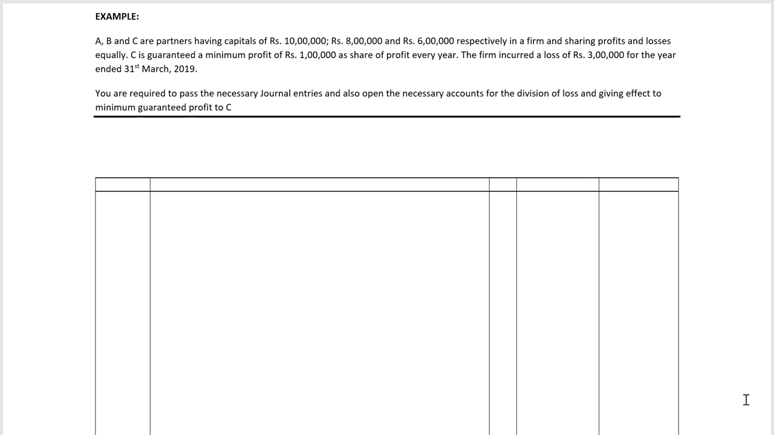So from this problem we understand that though C is guaranteed a minimum profit of rupees 1 lakh every year, in this particular year the firm has incurred a loss of rupees 3 lakh. So let's see how we'll go about the journal entries. Solution: